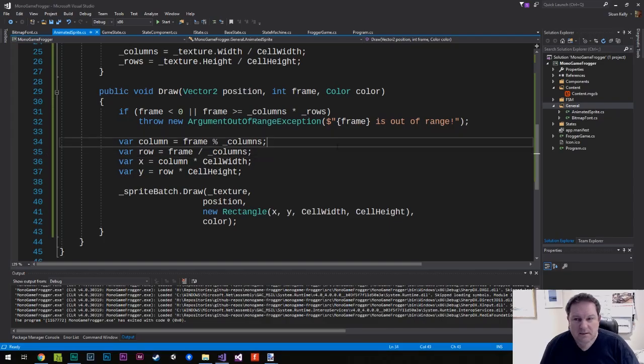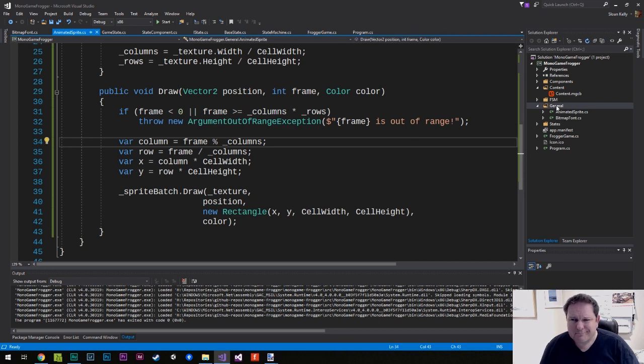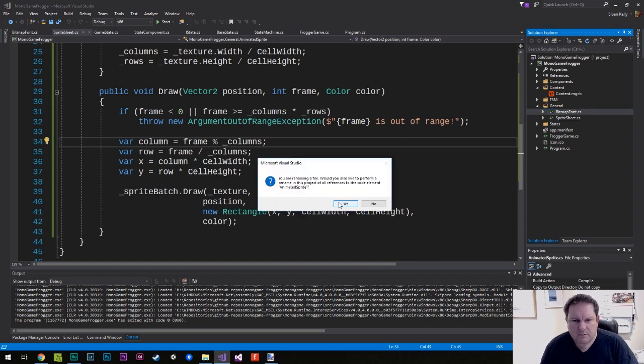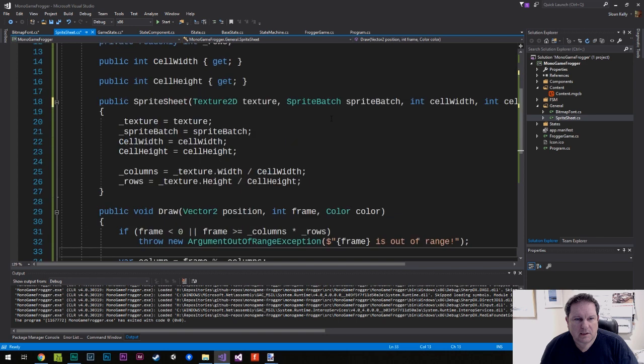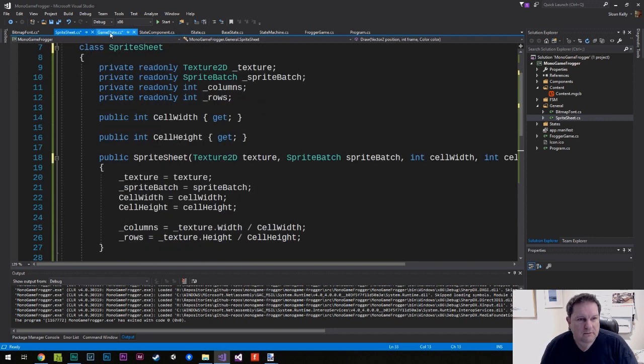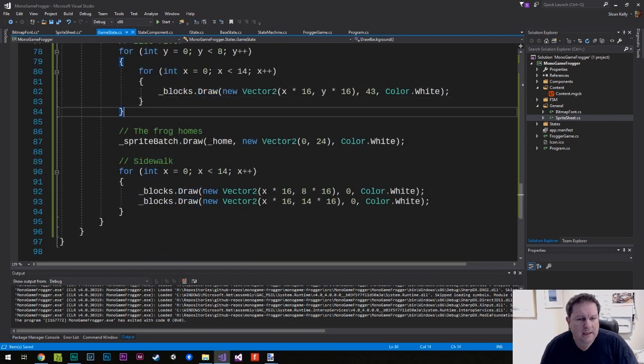Several hours have passed and I've had a bit of a sort of epiphany as well. I don't like the fact that I call this animated sprite. I'm going to change that to sprite sheet because we may want to have an animated sprite later on, and I don't want to paint myself into a corner basically and call it something different from that. So I'm going to end this video